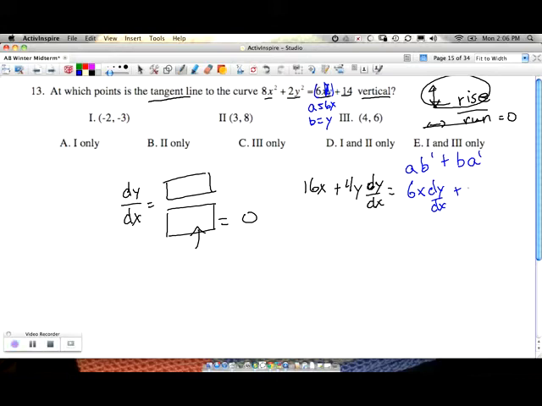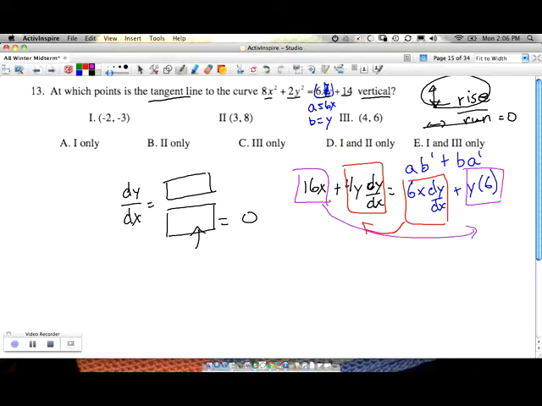And b a prime, the product rule here that we got, y times the derivative of the first one is 6. Okay, so now let's start regrouping. I see that I have this dy dx term here, and I got a 6x dy dx over here, so I'm going to move the 6x over to the left. And then the non-dy dx's, the 16x and the y to the 6, I'm going to move the 16x over to the other side. So that would give me 6y minus 16x